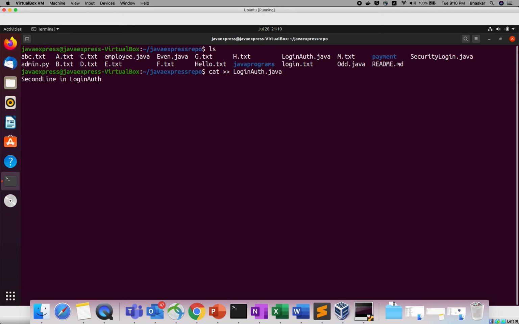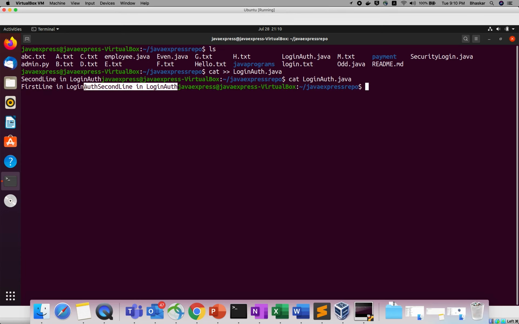If you use Ctrl+D, and if you want to confirm, use the cat command, it will display first line in login auth, second line in login auth. Two times I committed.